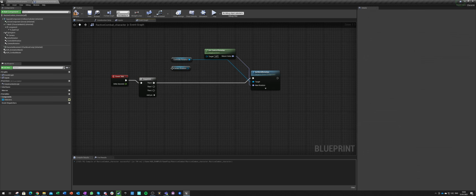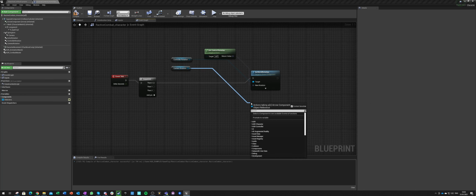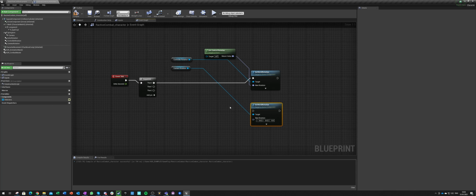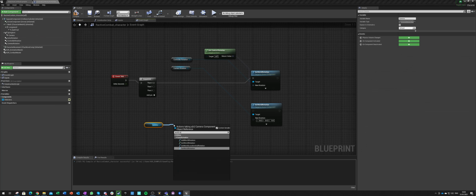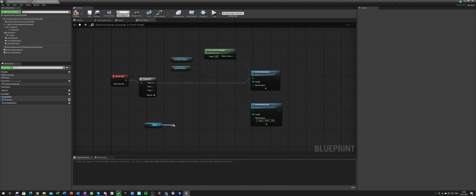Actor rotation stays the same, but camera rotation will also be set. World rotation, and it will take the camera world rotation. So get world rotation, set world rotation.